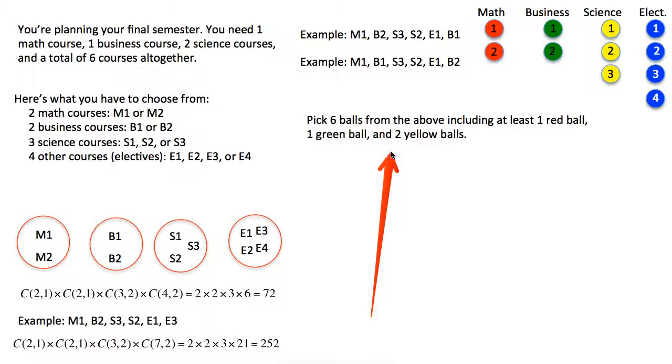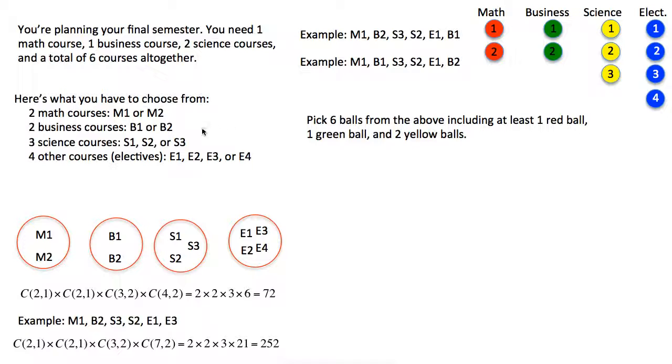Think about this task, the task of picking 6 balls from that batch of 11 colored balls, and doing it in such a way that we're going to have at least 1 red ball, at least 1 green ball, and at least 2 yellow balls. Take a moment to convince yourself that if we count the ways that this can be done, we're really doing